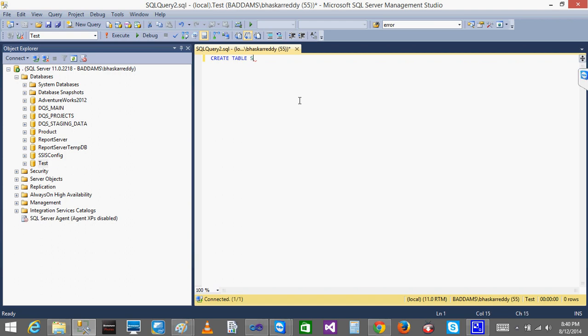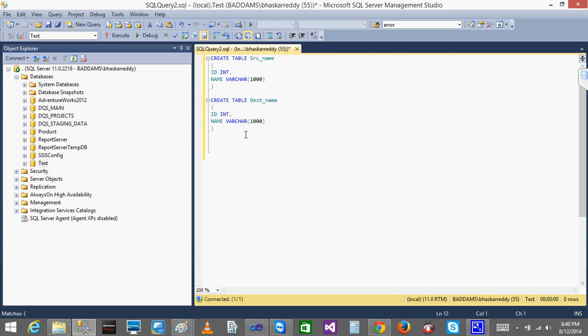I'll create a table as SRC, with ID and name as varchar. Done. In the test database, let's assume that both are on different servers. I'll create one more table called DEST with name.